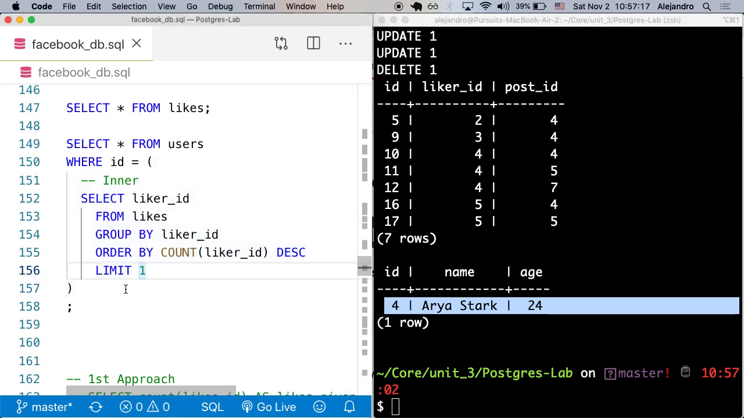Questions about the inner query, the nested query, as it is known? Yes? What are some tricks to be able to parse what the inner part of a question might be asking? It's a really good question. What I found in my case when I was learning was rereading the question a bunch of times and